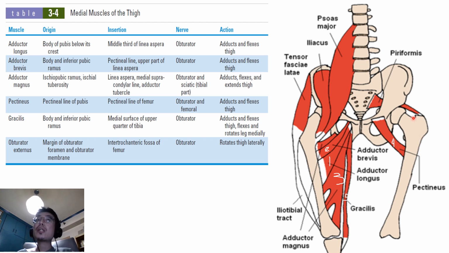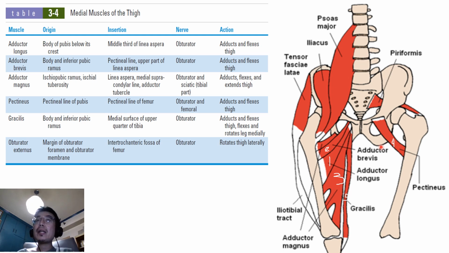The intertrochanteric fossa of the femur is the space between the greater and the lesser trochanters. It is of course innervated by the obturator nerve, and the function of the obturator externus is to